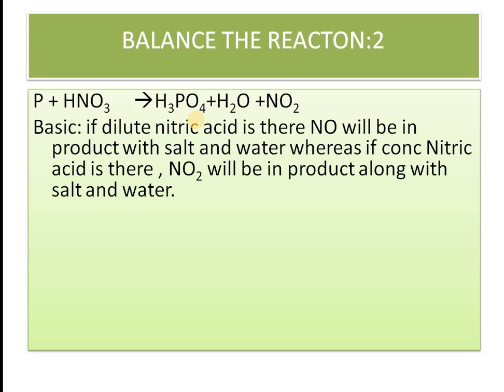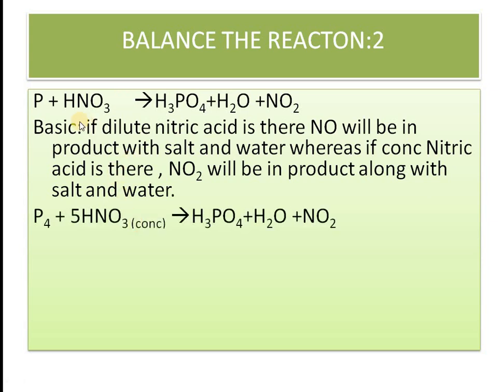This reaction is also in the 10th class, so it is very pertinent that you do it now. You will be more competent to handle any type of reaction of this sort. So now this is concentrated nitric acid. If it is not written, you can write it, no problem. Please remember that if P is there, phosphorus valency is 5, you can multiply by 5.